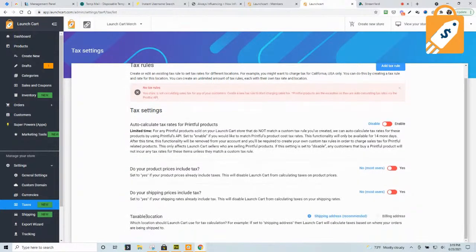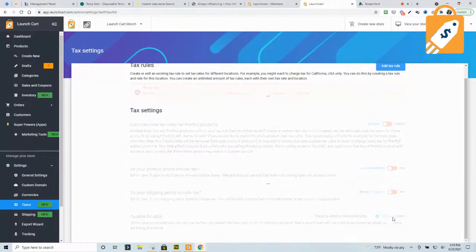And then the third option down here is taxable location. Where does the Launchcart system calculate tax from? Does it calculate tax based on the shipping address, or does it calculate it based on the billing address of your customers? When your customers check out, they're going to enter in either a shipping or a billing address or both, and the system needs to know which one it should calculate that tax rate based off of. And I'll get more into this when we actually create a rule. But we leave this as shipping address. That's pretty standard practice. But if for some reason you want to change it to billing address, you can do